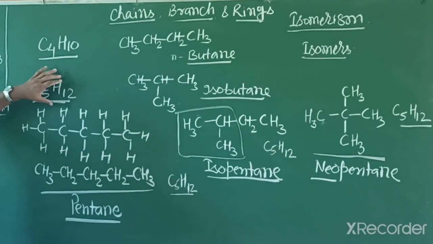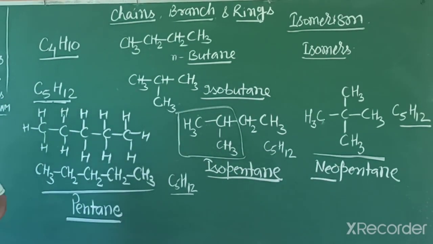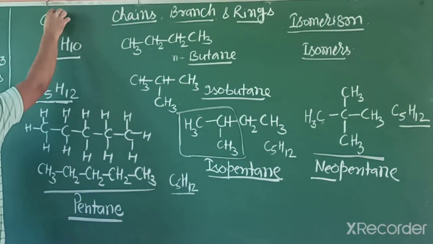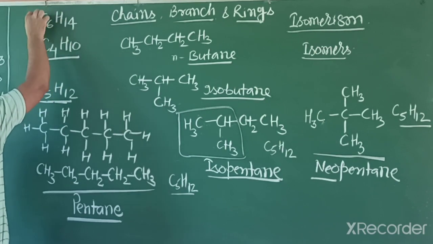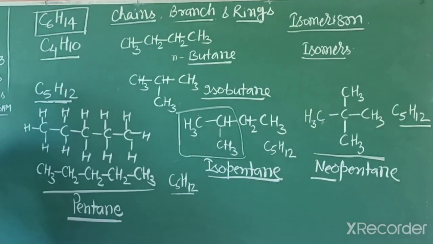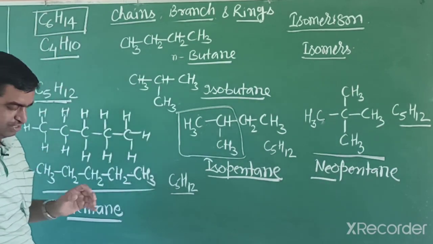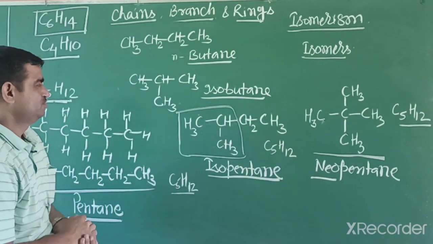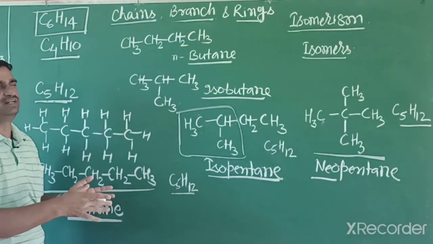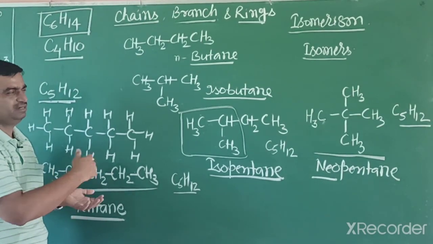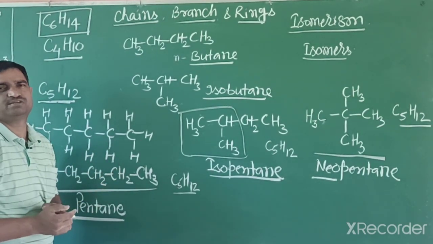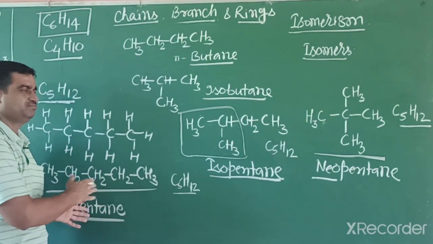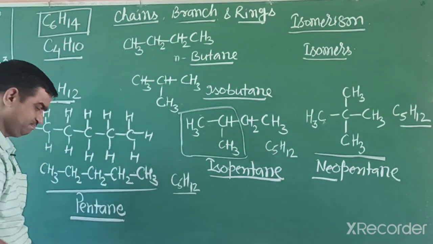So, students, you can make in your homework copy another compound, C6H14, different isomers. That one is a homework. C6H14, how many different possible isomers can you make? At first you write the straight chain, then the side chain, then you write the different types of isomers. We will explain later on how we can write the IUPAC names of the different compounds.